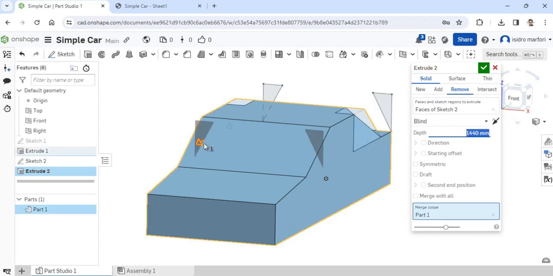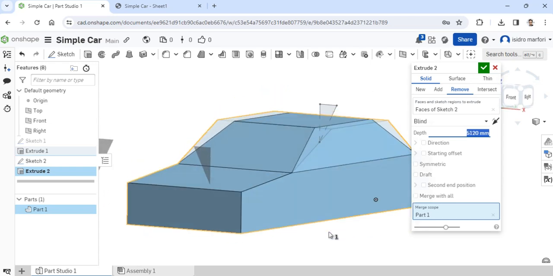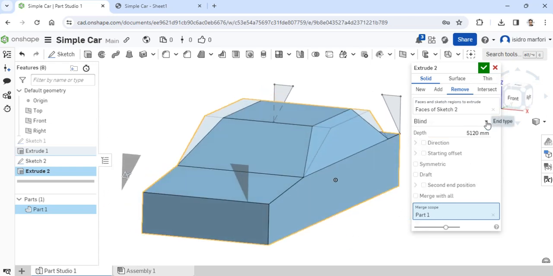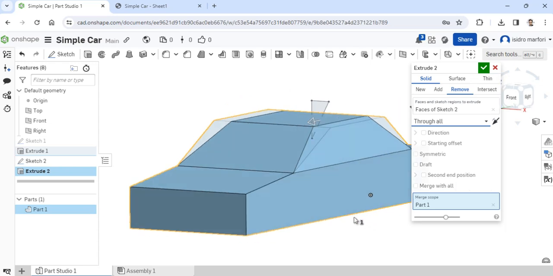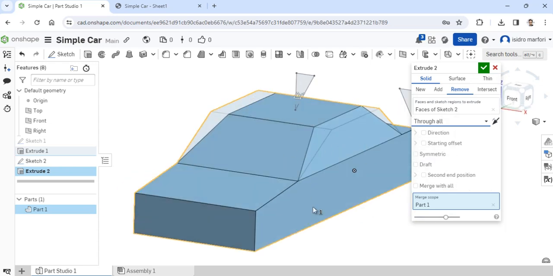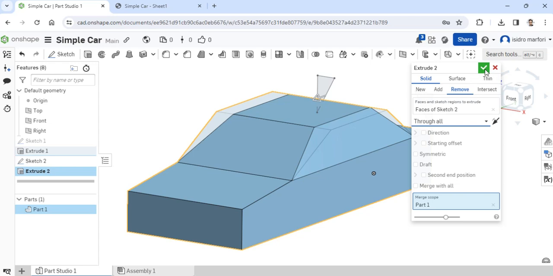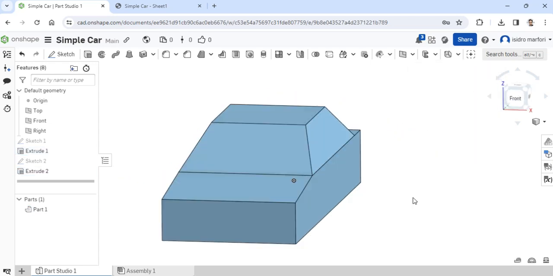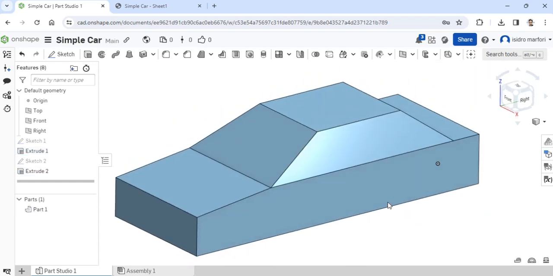You could simply cut it all the way like that, blindly, or you could choose under the type, through all. So it attempts to cut everything. And once you accept that, you now have your better looking simple car.